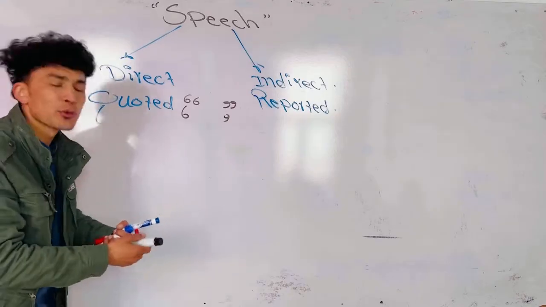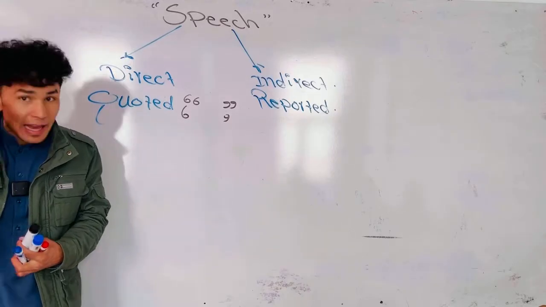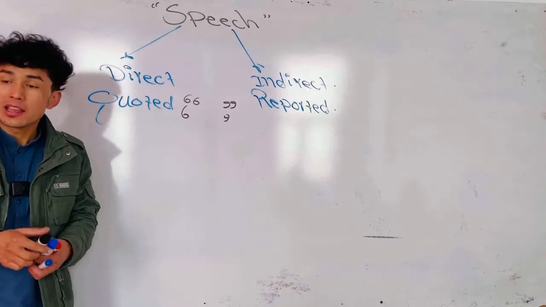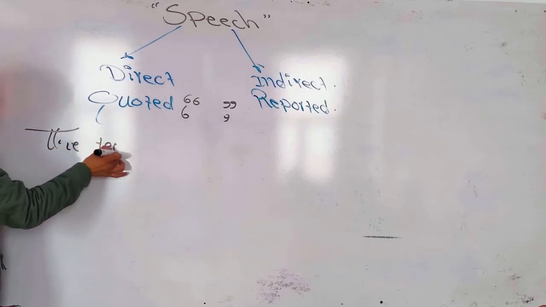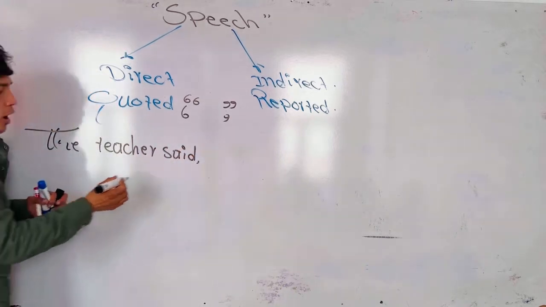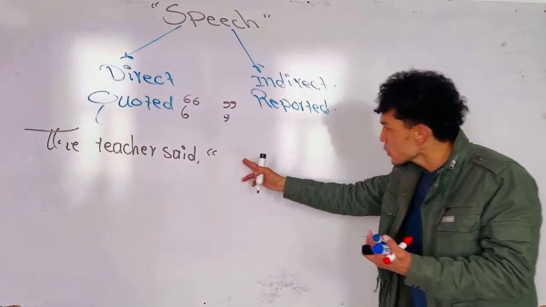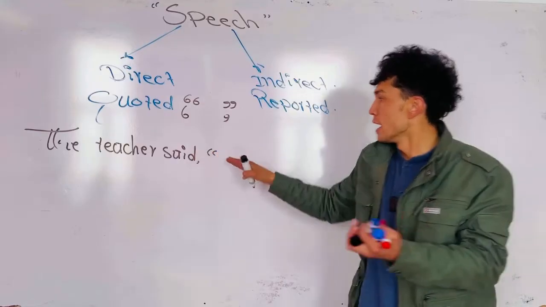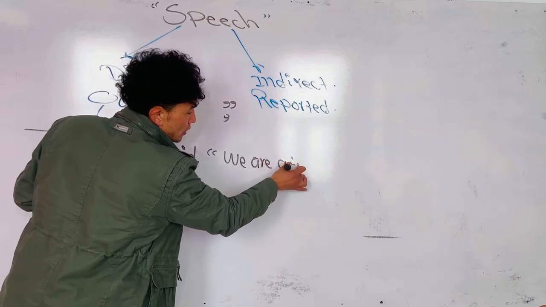Did you understand? Yes. For example, when I teach you, you may go out and one of your classmates may ask you, hey, what did the teacher say? What did the teacher say? You might say this way. For example, the teacher said. Here's a comma and quotation mark. Yes. Exactly, my speech should be enclosed inside of these two marks. Therefore, it is called what? Quoted speech. Okay, the teacher said, okay, we are going to talk over, it means talk about a speech.